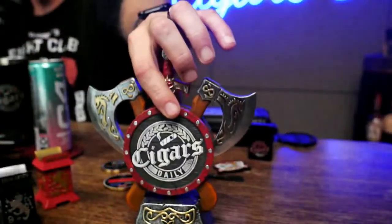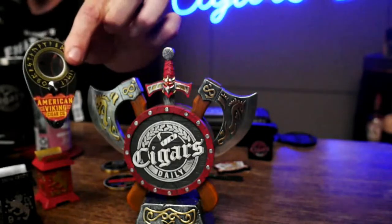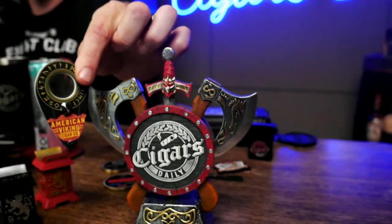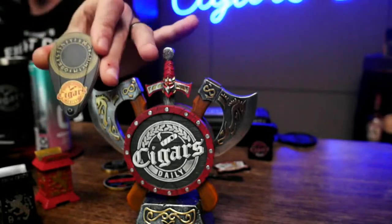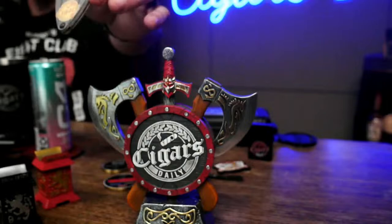But this has become one of my big passions because I found myself coveting so much cigar stuff. In addition to creating the American Viking statue and now also the American Viking double blade cigar cutter from Zikar, the one-sided one that also features both the American Viking and Cigars Daily logo on it,